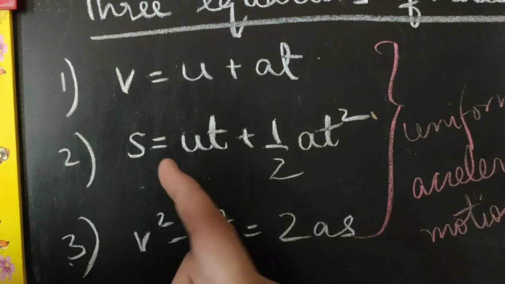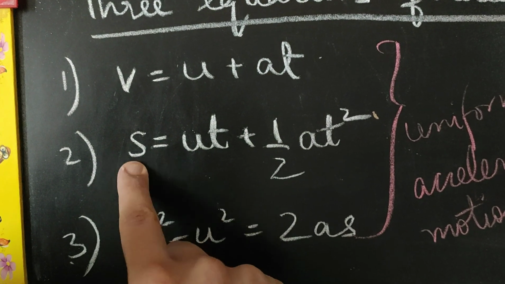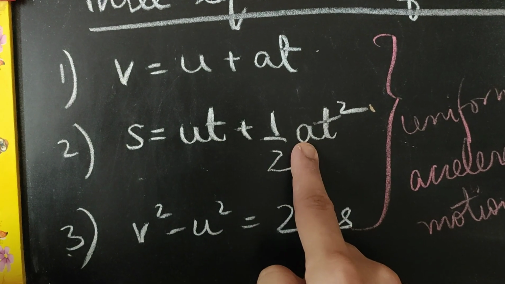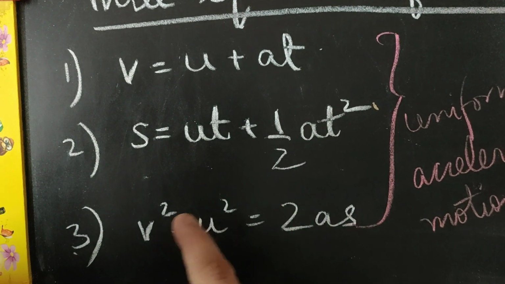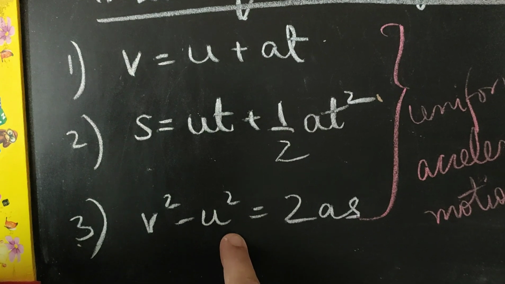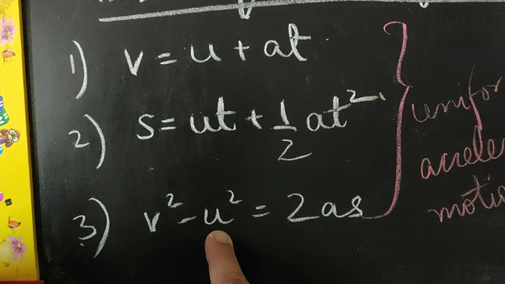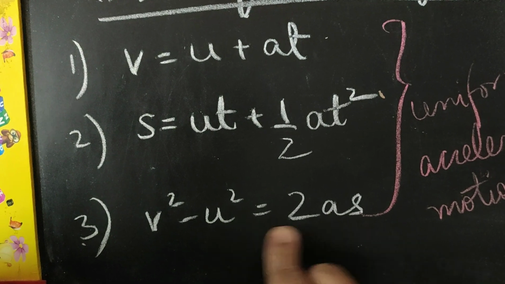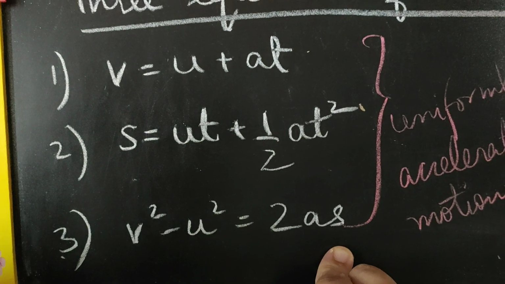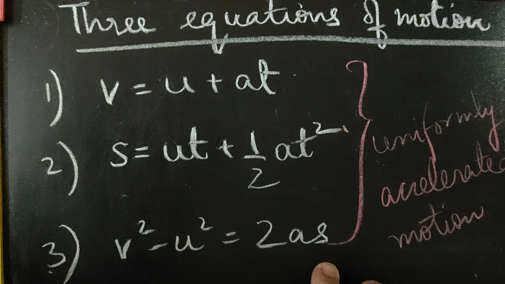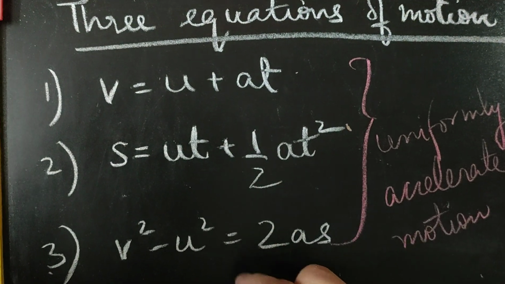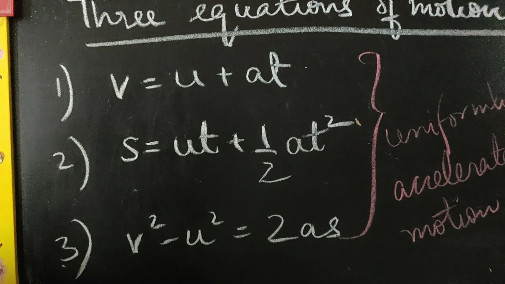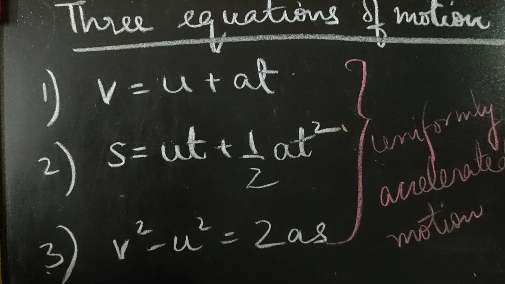On the other hand, there might be a question where you have to find the displacement of the object, and initial velocity, time and acceleration is given. Or there can be a case when initial and final velocities are given and the displacement is given, and you have to find acceleration. So you will be choosing the third equation. So depending on the question, you will get to know which equation to use, what all things are given to you, and what all you have to calculate. So we will be starting with the numericals now.